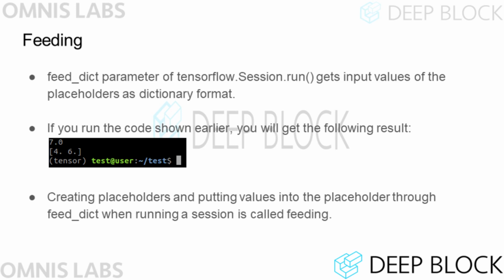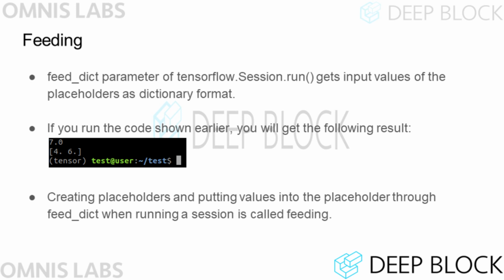Adder equals a plus b in line 7 is to assign a model that adds tensor A and tensor B to a variable called adder. Unlike the code we saw earlier in T1.py, this code uses the plus operator. Since the data type of tensor is treated as a class in Python, it is possible to utilize the plus operator with operator overloading. However, not all Python operators can be used for tensor operation, so use the TensorFlow operation function instead of the operator when implementing the TensorFlow operation model.